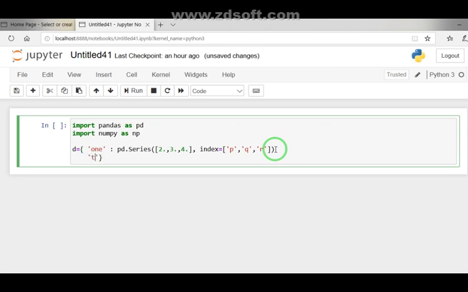So this is basically the key. Basically 2 is a key. We are using the series data structure here. Now in this series we have 4 values, and also the corresponding index values. So here the index values are